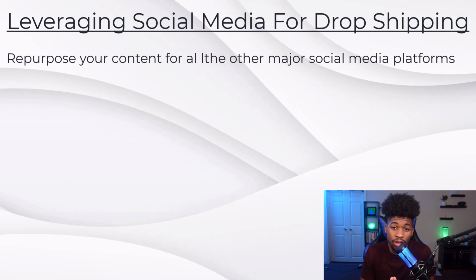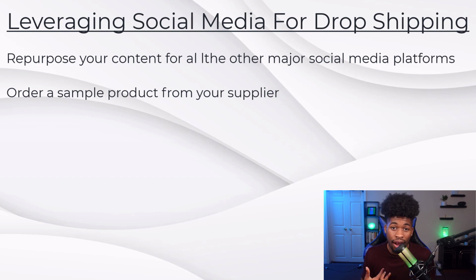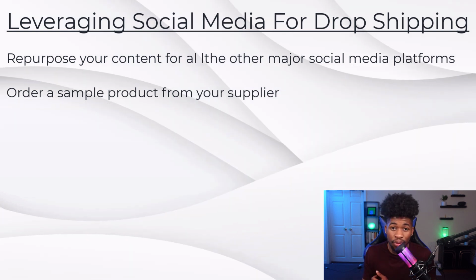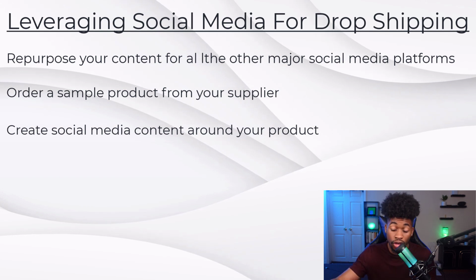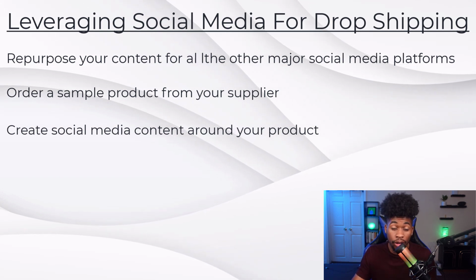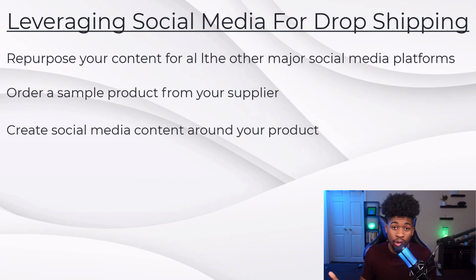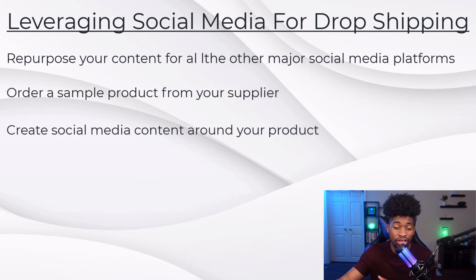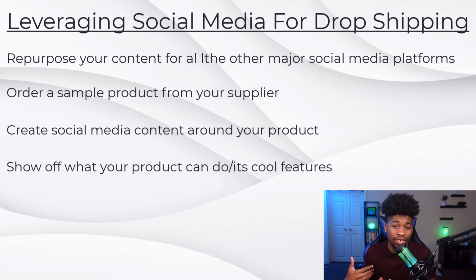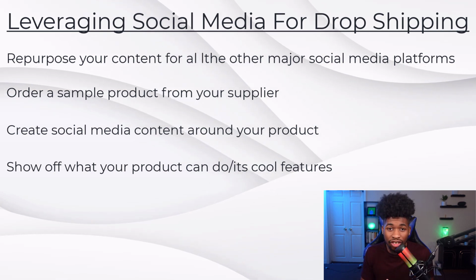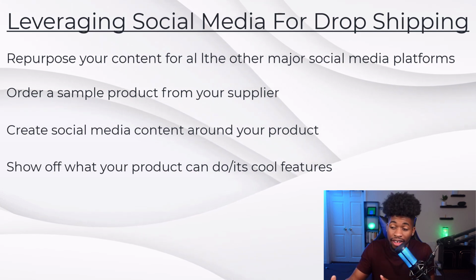It's just a couple of steps you have to take, and the first one is you need to order a sample product. Whatever product you're selling, just order a sample from the supplier so you can make social media content with that sample product. Once you receive your sample product, you just start making content around it. Let's say you have a lava lamp, just turn it on and show how cool it is in your room, or say something cool about it, or just show it in action. Whatever your product is, show it in action, show the good points of it, and that's pretty much it.